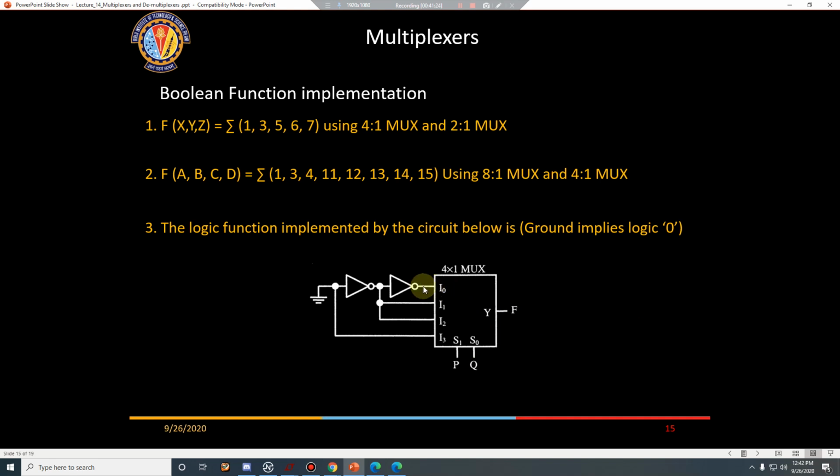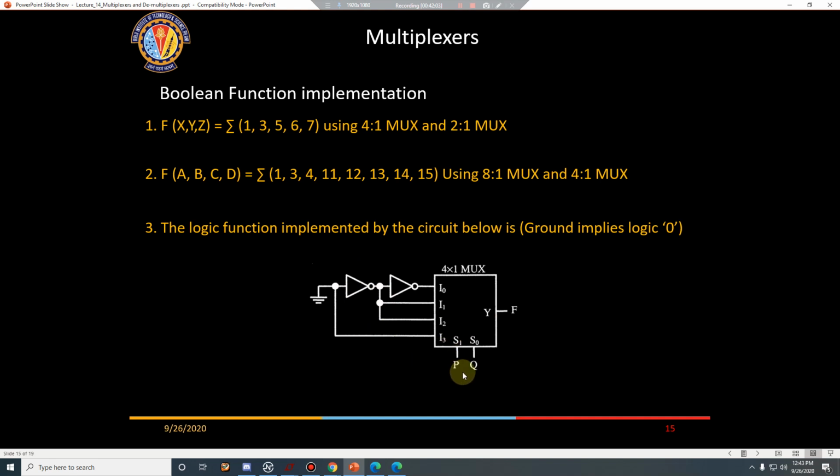Correct. So if I put p equal to 0, q equal to 0, I0 is selected. And what is I0? It is 0 here, it will be 1 here, it will be 0 here. So when I put 0 0, the output will be 0. Now if I put 0 1, it will take I1 and route it to the output. It is 0 here and it's an inverter, so it will give me a 1 output. Similarly, if I put 1 0, I2 will be active and connected to the output. I2 comes from here. It is 0 here and 1 here, so 1.